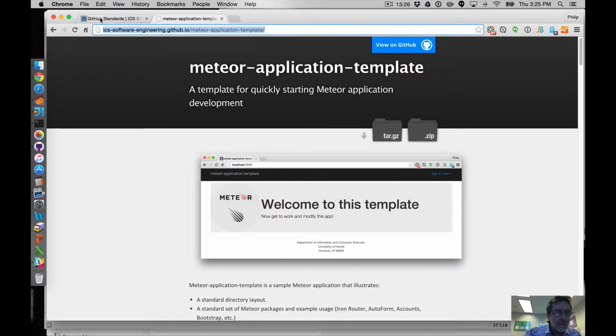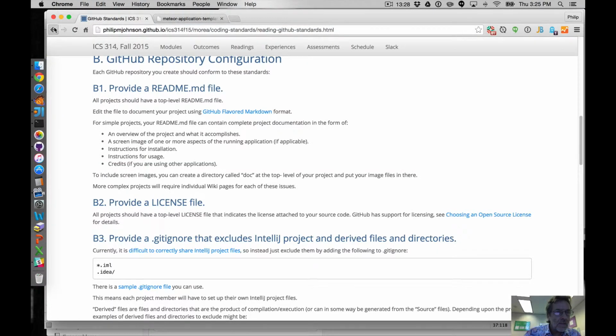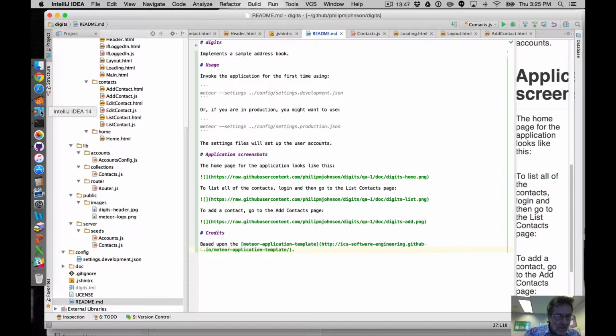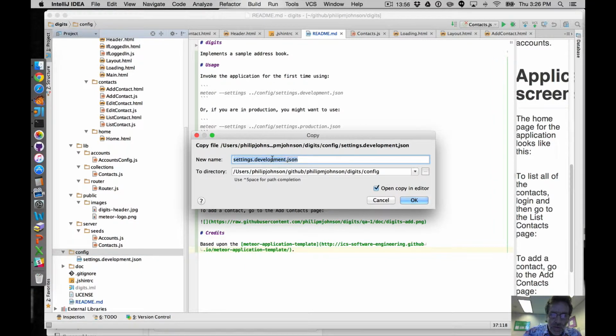So let's see. Okay, insert, make sure the document we're running with the minus setting option. Deploy our application to meteor.com. Call it digits username, where username is your account name. Okay, so what we're going to do here, to do that, we have to make we're going to put this into production. So we want to use a